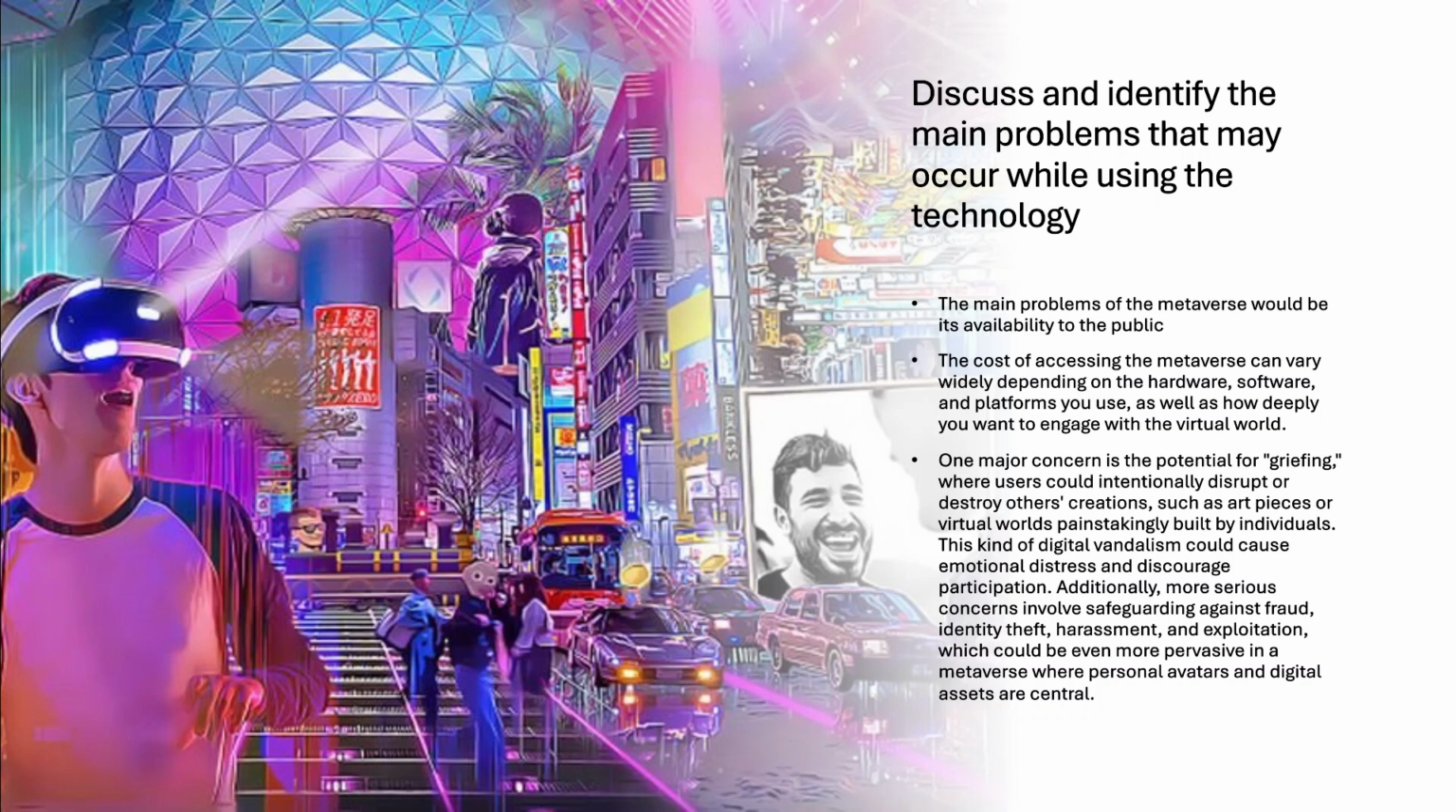Discuss and identify the main problems that may occur while using the technology. The main problems of the metaverse would be its availability to the public. The cost of accessing the metaverse can vary widely depending on the hardware, software, and platforms you use, as well as how deeply you engage with the virtual world. One major concern is the potential of griefing, where users could intentionally disrupt or destroy others' creations, such as art pieces or virtual worlds